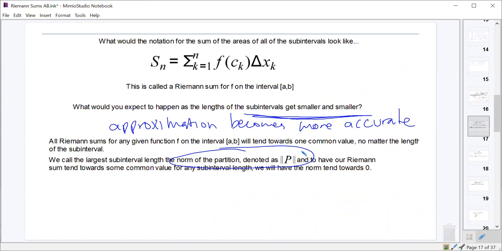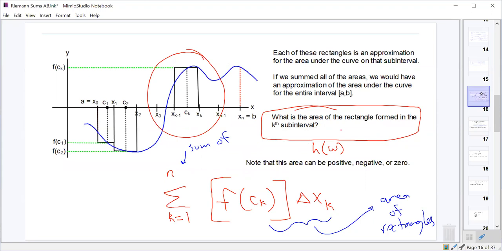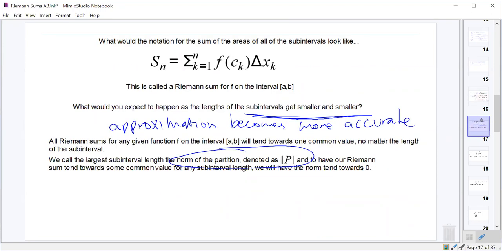Well, how can we make that thing very close to 0 without it actually becoming 0? Because if it becomes 0, we have a problem, right? If the length of the largest subinterval is 0, we no longer have rectangles. True? True. So how do we make it 0 and be able to evaluate it as 0 without it actually being 0? Limits. The limit. So our goal is to take the limit